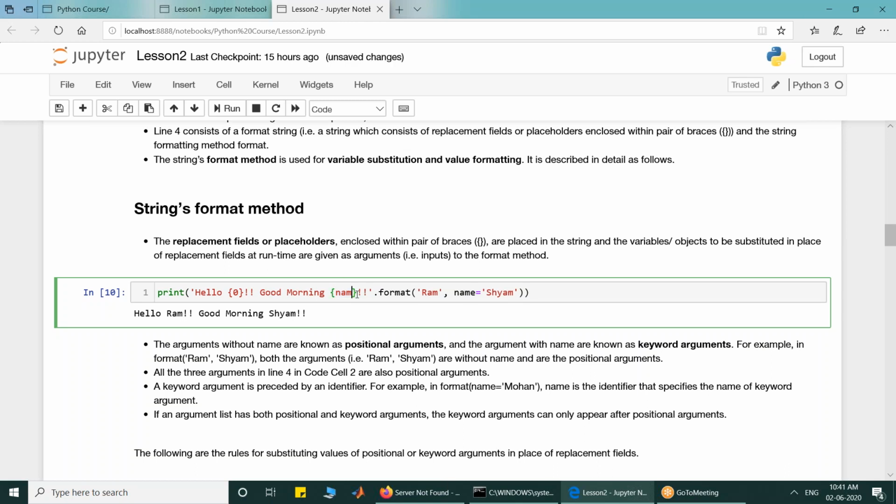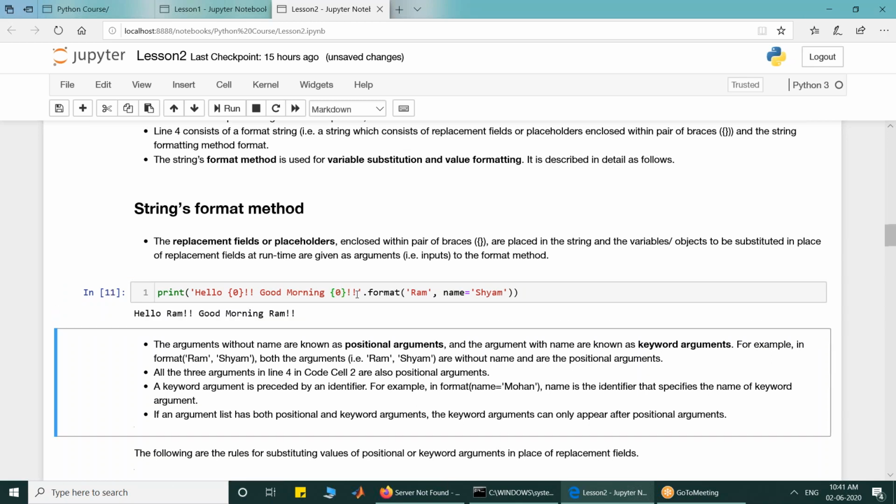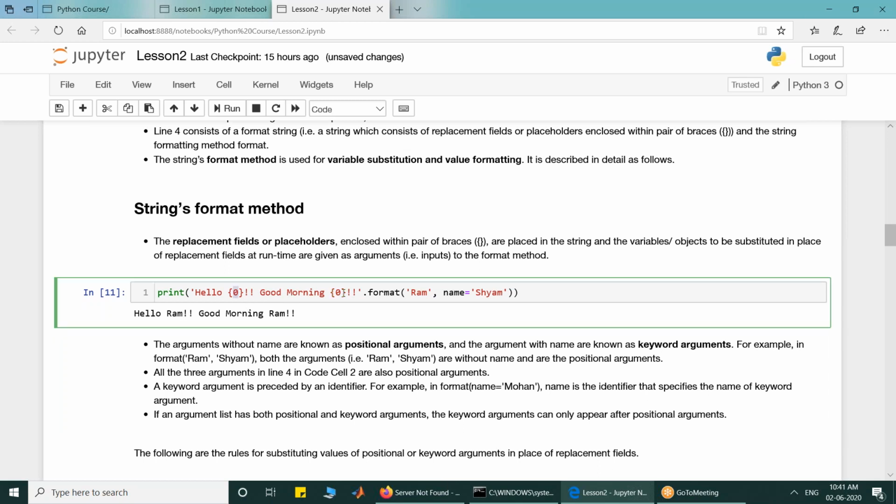I can also do it in this way: if instead of name I again write 0, it will become hello Ram, good morning Ram, because for both placeholders I have specified the position of the argument, index 0, which should come here.